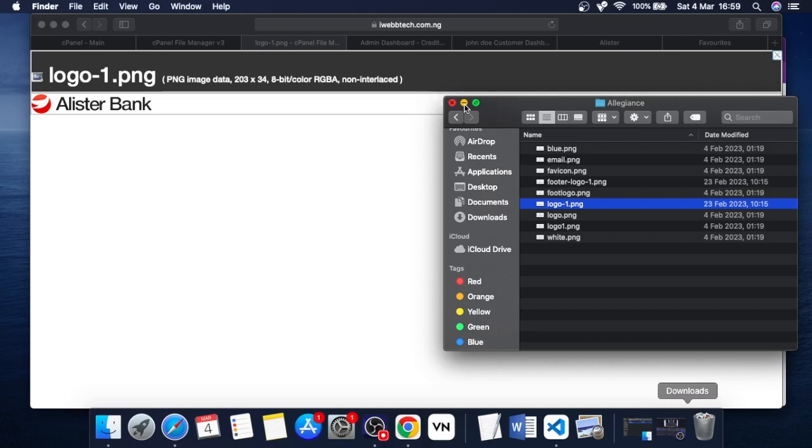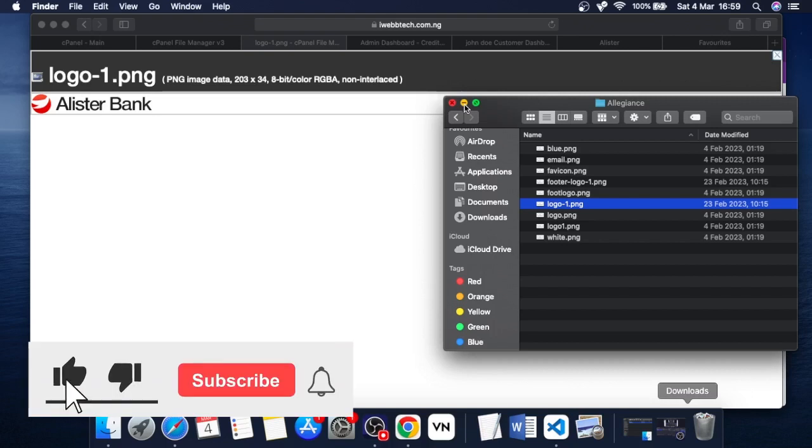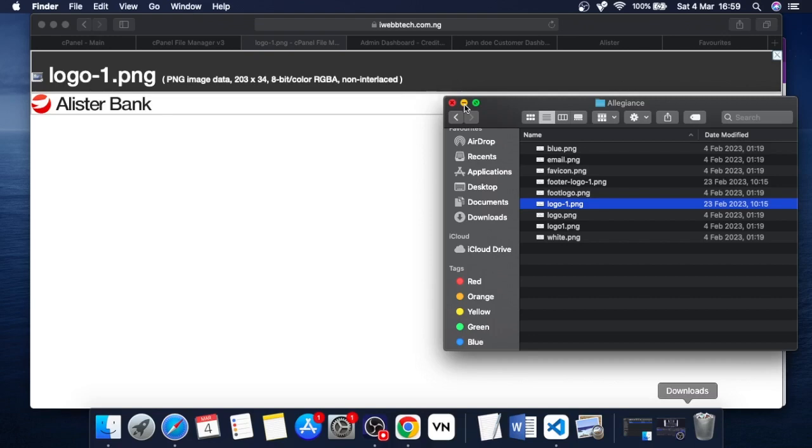So if you upload an image with the same name as the one that is existing already, and with the same file extension, now you will see a notice that this file exists. You will now see an option to replace it, to click yes to replace it, or click no to reject the replacement. Do you understand what I'm saying now? So if you have maybe a JPG file that you want to use and the script is requesting a PNG file, all you should do is